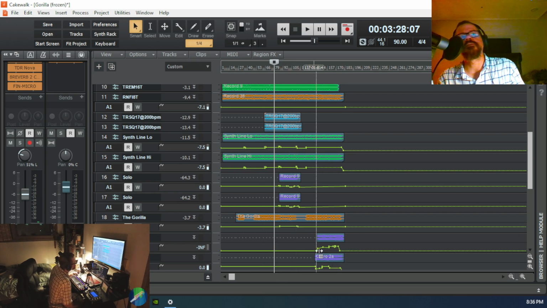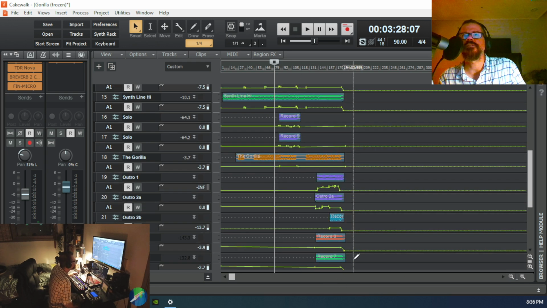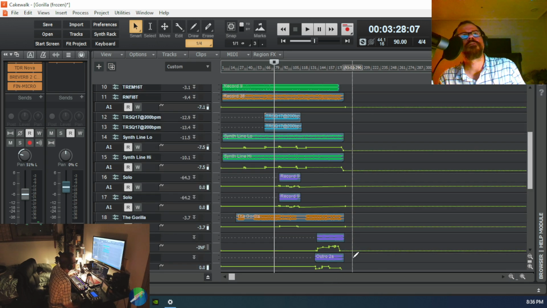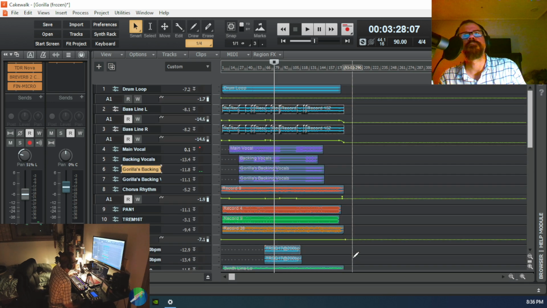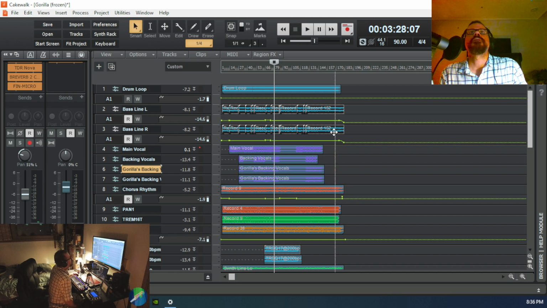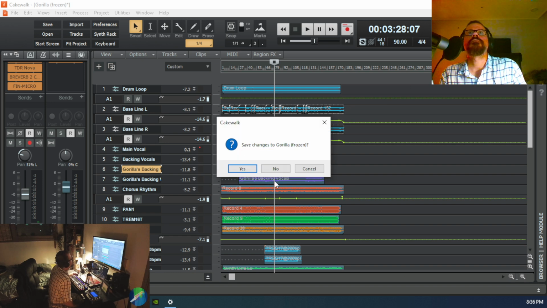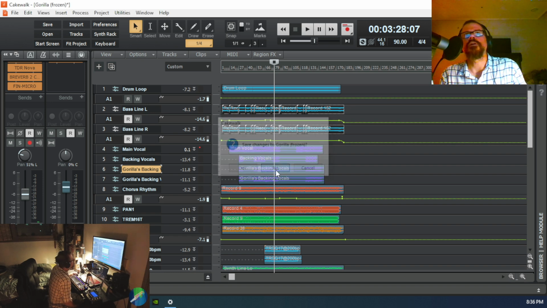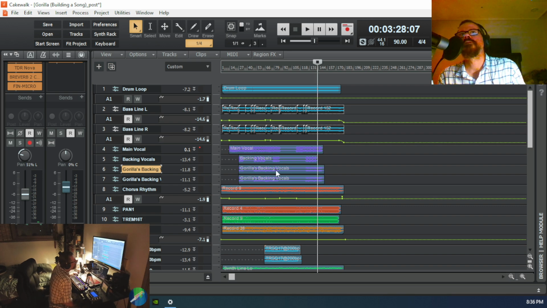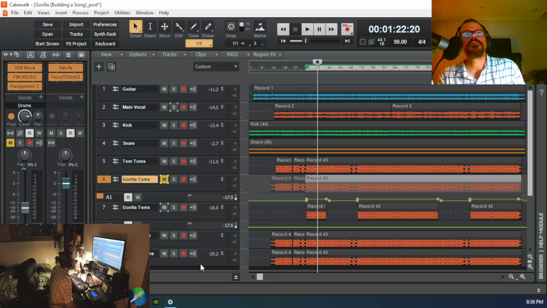Anyway, that's what you can do with volume drawing, right? Where you see a need to do it. And, let me see here. I'm going to back out of this and save changes. No, because I must have had a reason. I must have had a reason for that. All right. So that's basic